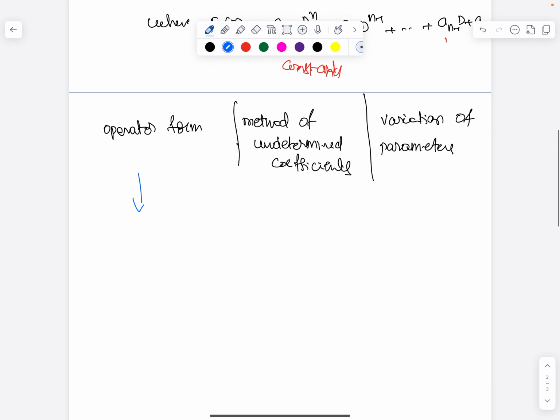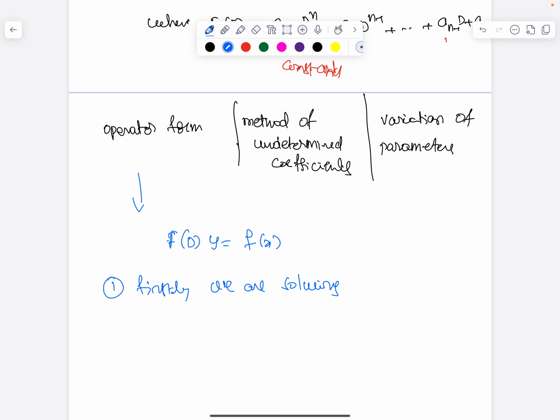Whenever F of D into y equal to f of x is given, first we solve the homogeneous ODE, that is F of D into y equal to 0, we assume that, and then solve